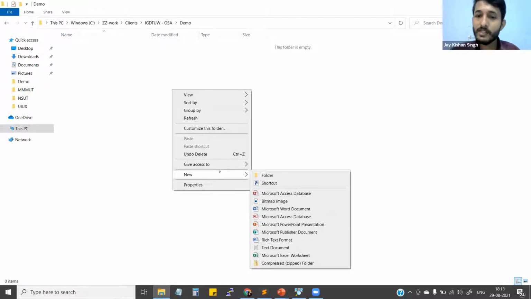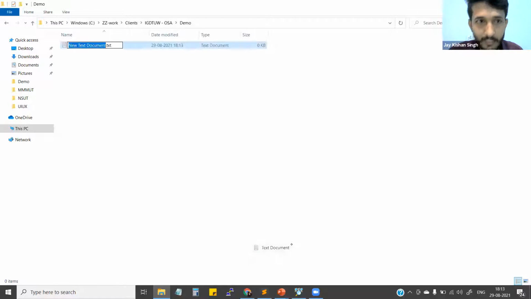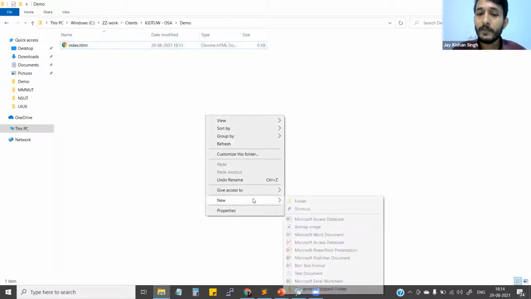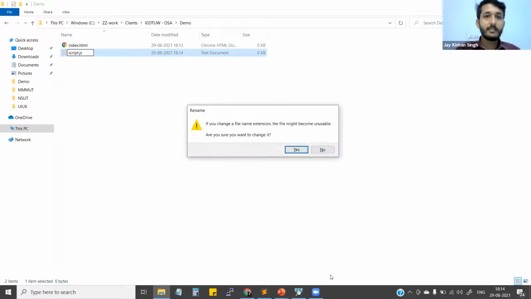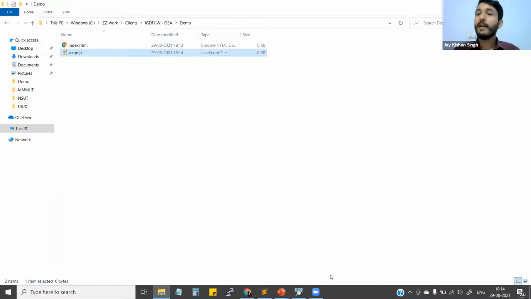Okay. Fine. So here I'm going to build two files first. The first one is index.html, which is an HTML file. And apart from that, I'm going to make a script file, which I'm going to use for JavaScript specifically. So I'm going to write script.js. This is a script file where I'll be writing all those queries, so we can connect our entire application to our Firebase database, right? Okay. So this is the dashboard.